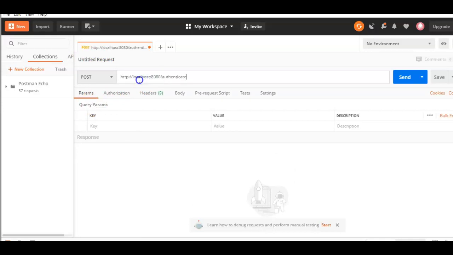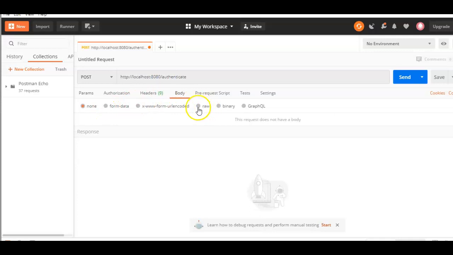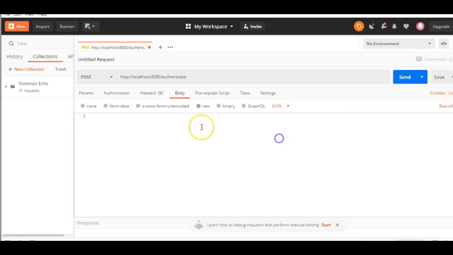The URL will be localhost 8080/authenticate. In the body we'll be adding the username and password. So it will be of type raw and not text but JSON. So first we'll be adding the username. Username will be admin. Password also we'll be keeping as admin only.